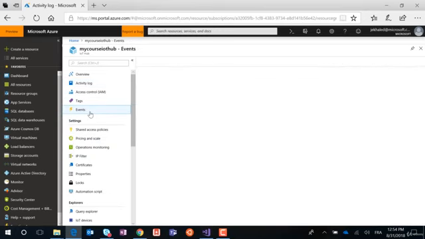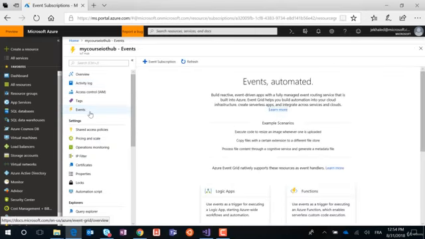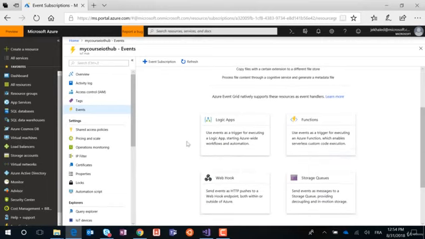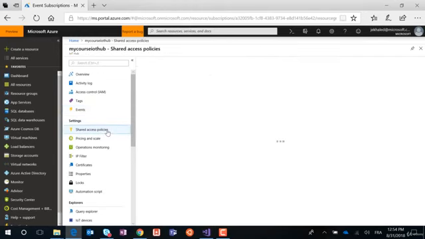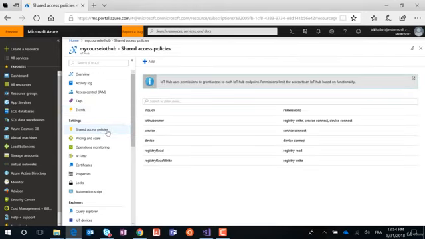And we can also check the events or create and work with an Event Grid or Azure function or a logic app that we will do in the next videos when we go forward with this course. What matters to us at this stage is this part. It's settings, shared access policies. So if we click here and go to shared access policies, we can find the policies and the